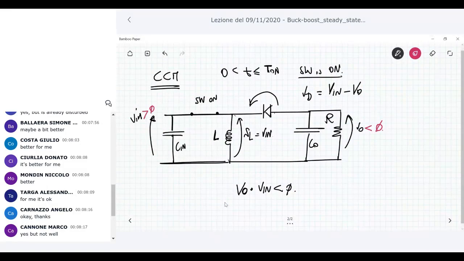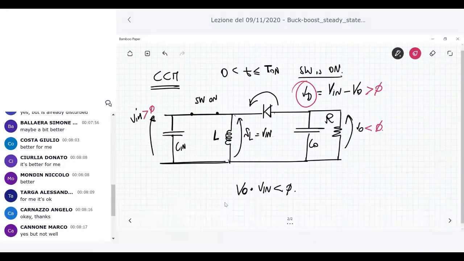That means that V in minus V naught is a positive voltage, because it is the summation of two positive quantities. So the voltage VD is a positive voltage,